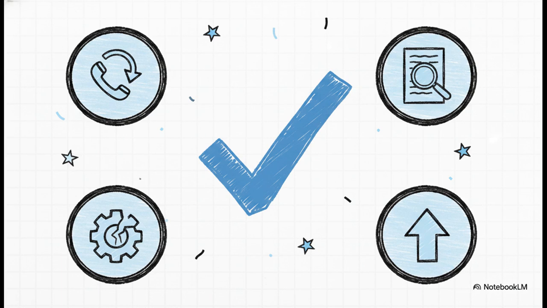A return phone call is a callback. Checking info is verification. Equipment failure is a malfunction. Sending a problem up the chain is to escalate the issue. And the more polite grammar structure? That's the indirect question. Could you tell me your name? So the crucial point here is that mastering these exact vocabulary words and expressions prepares you flawlessly, not just for the TOEIC B2 exam, but for real-life business calls.